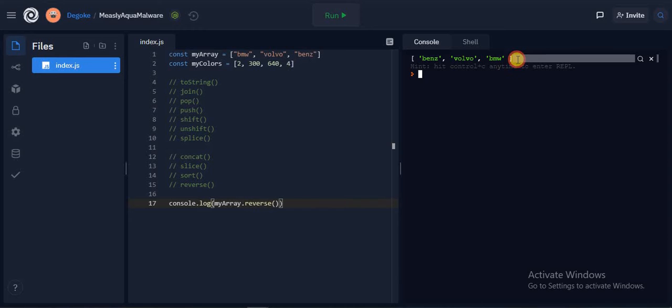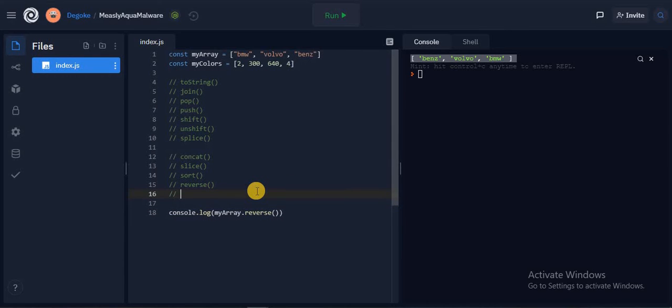So I think what we should think of a way to do is, yes, I'm going to add this to our assignment. We are going to reverse an array without using the reverse function. So I'm going to use a for loop to reverse an array. I'll type that down. So the next method we are going to look at is